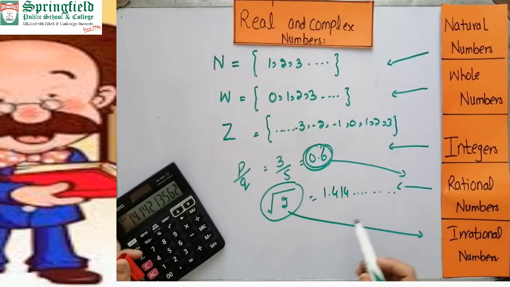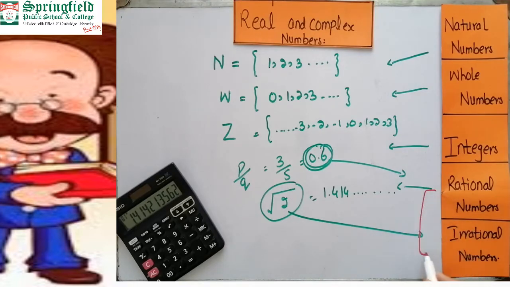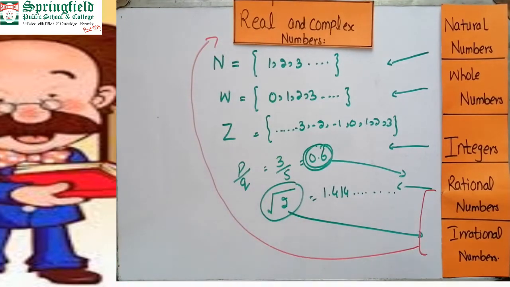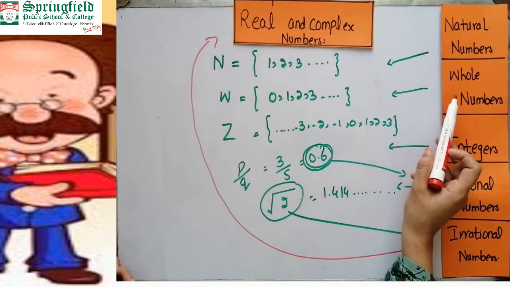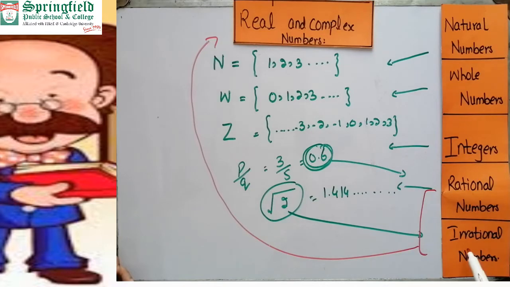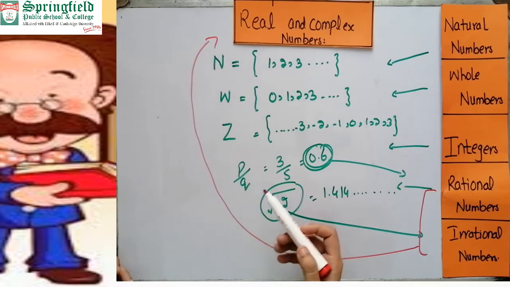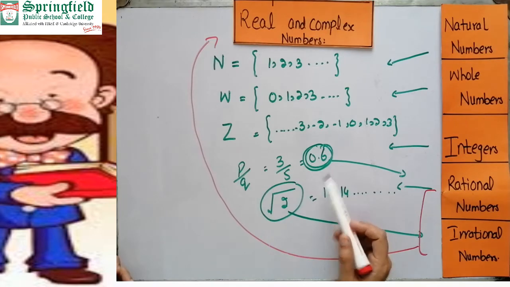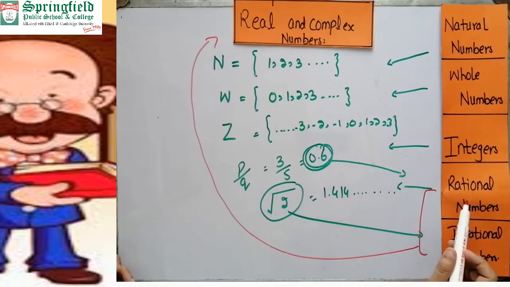And the set of rational and irrational numbers is called the real numbers. The set of rational and irrational numbers is called the real numbers. Fine. Understood beta? As the set of whole positive and negative numbers is called integers, the set of rational numbers means the answers are in an exact form, or you can say the rational form is represented by p by q form, and that number which gives us an exact answer is called a rational number.